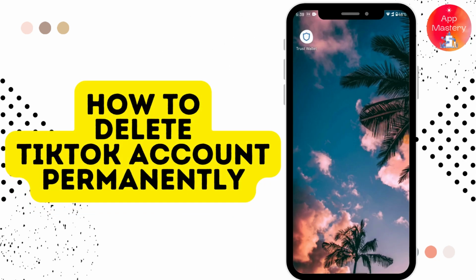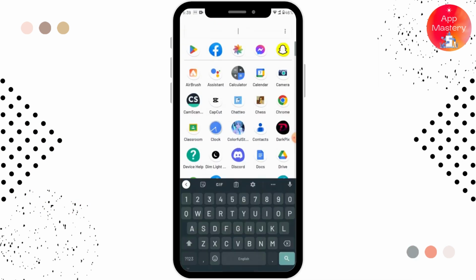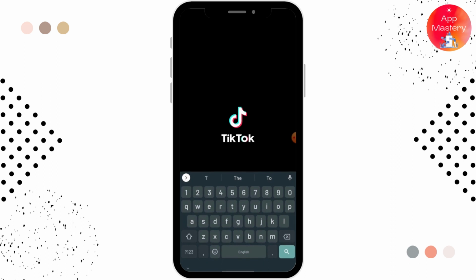How to delete TikTok account permanently. If you want to delete your TikTok account, then all you have to do is open up your TikTok,